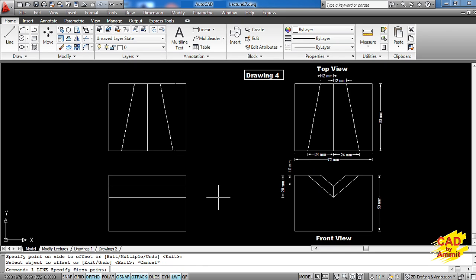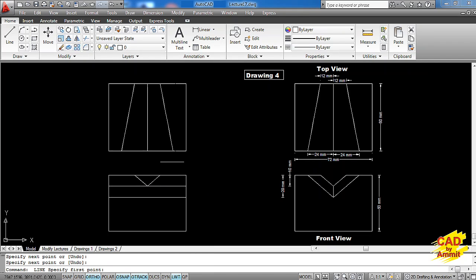After that we go for a line command. I'll pick this end point, move it down, we get the inference line. As we come off this line, we get the intersection point. I'll simply click here, join it to the midpoint on this and press enter to come out. Again go for a line command, catch this one, move it down, pick this point on this one and join it to the midpoint of this.